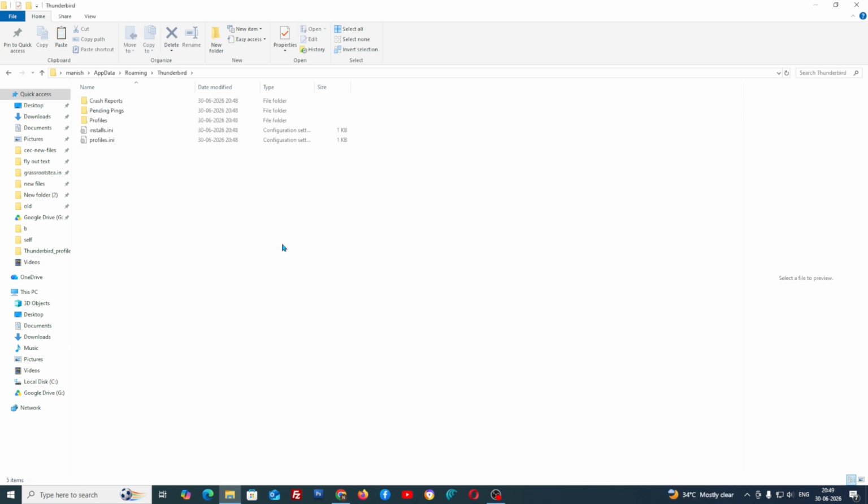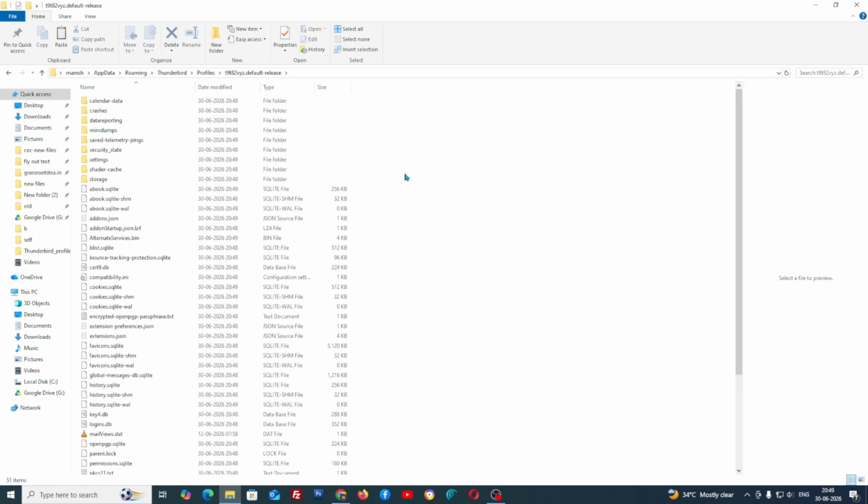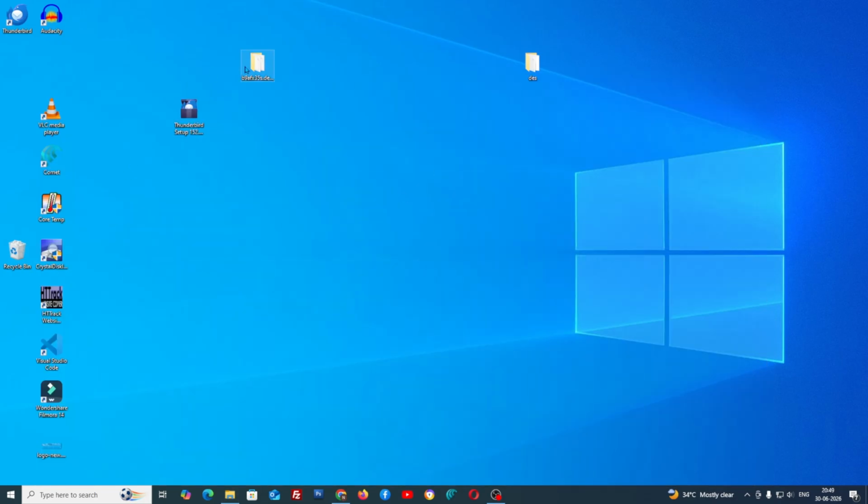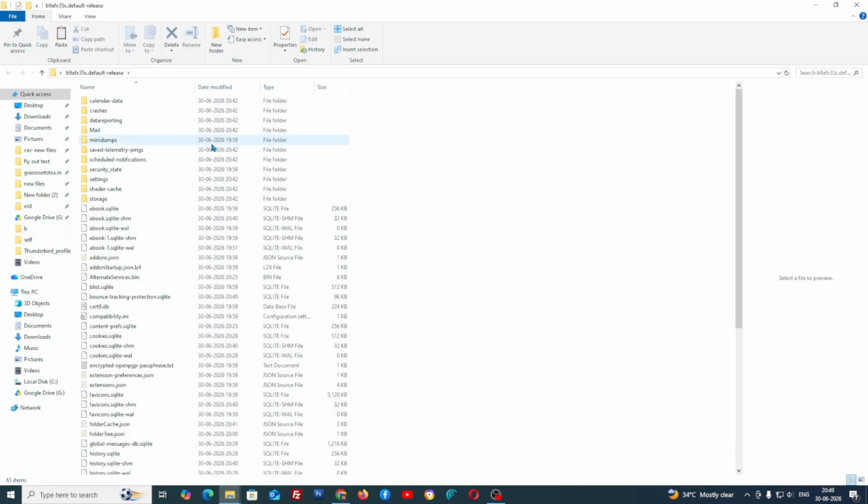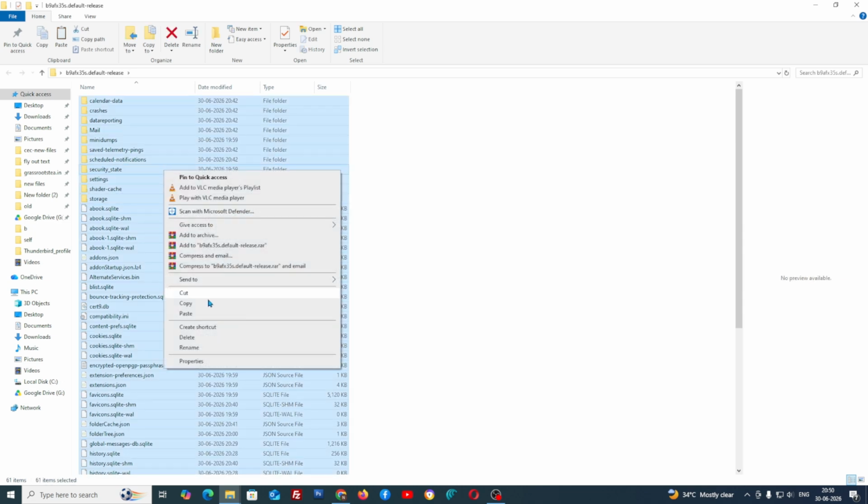Now click on the Thunderbird folder and go inside profiles, and again you can see two folders here, default and default release. We need to transfer all our files inside this folder. So first of all, we are going to copy files from our backup. Now we need to select all the files and click on copy